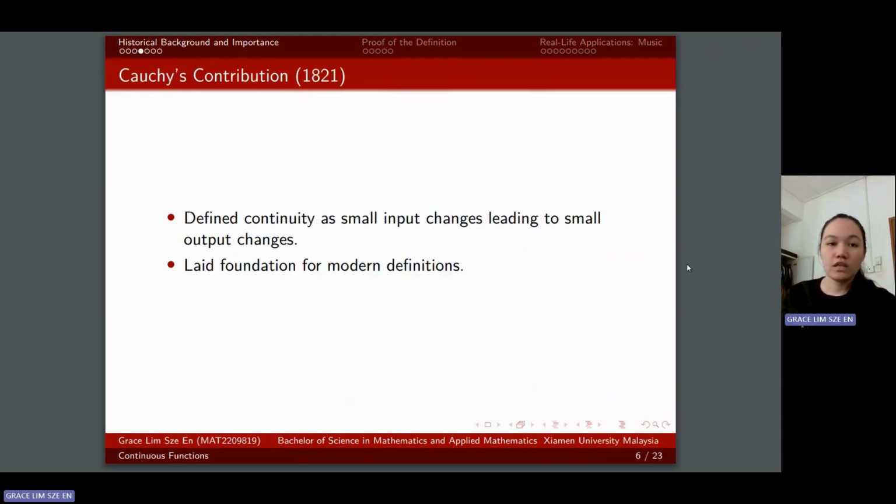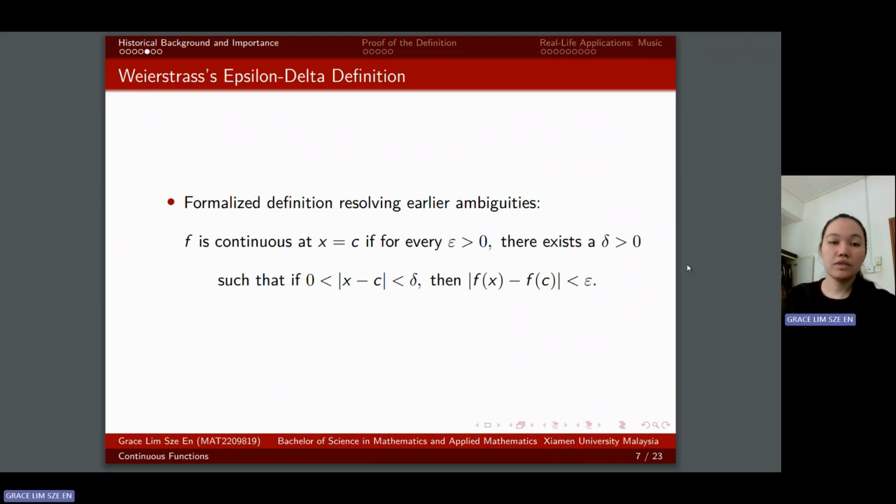And later on, in 1821, Cauchy came up with this definition of continuity where he defined a function as continuous if small changes in its input result in small changes in its output. And it was not as precise as the modern one that we have today, but it laid the foundations for the modern one. So here we have the definition that we know today, attributed to Weierstrass, and it says that